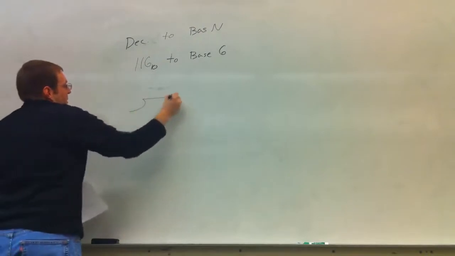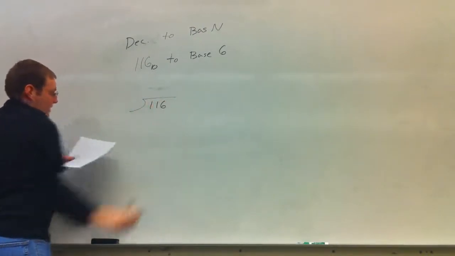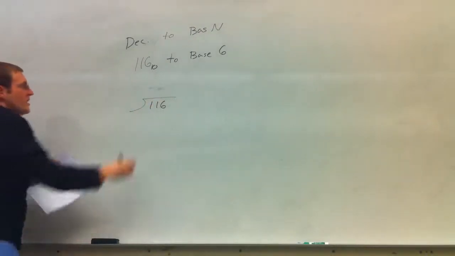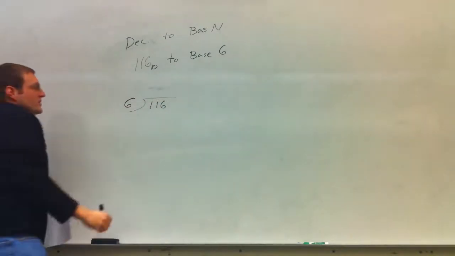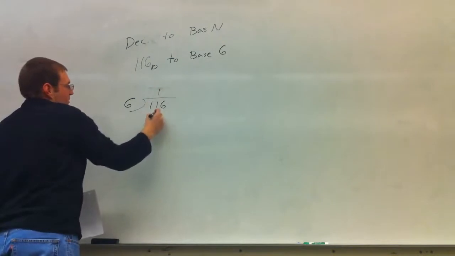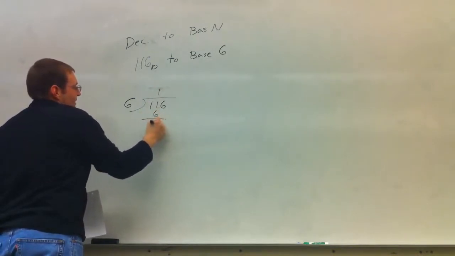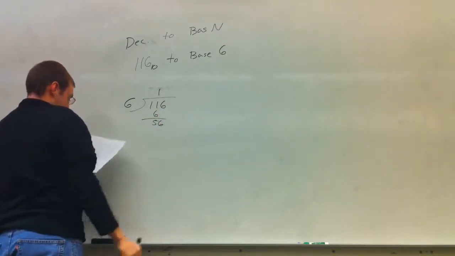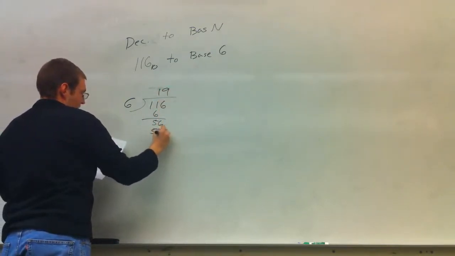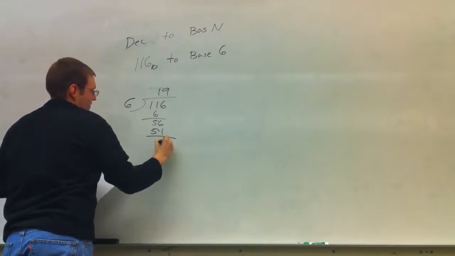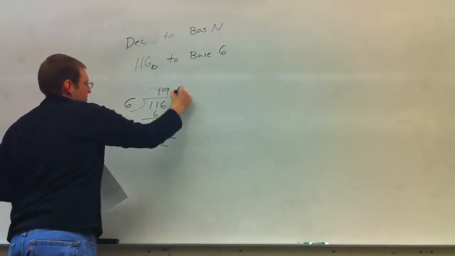So basically, 116 is our value that we want to convert. Since we're in base 6, 6 goes into 116, do it the long way, 6 goes into 56, 9 times, so we get 2, our remainder is 2,